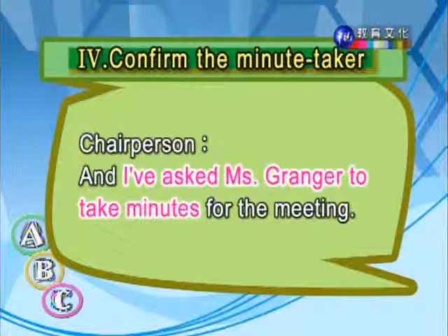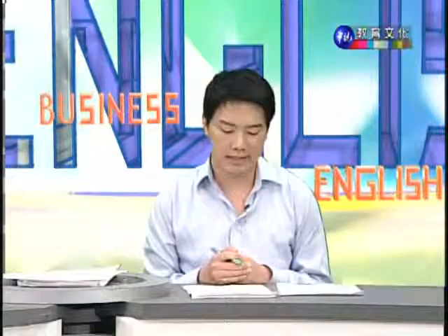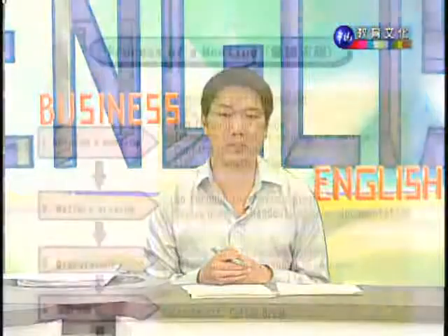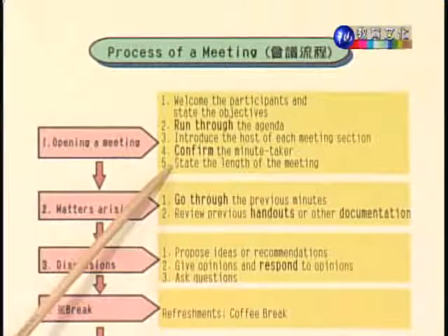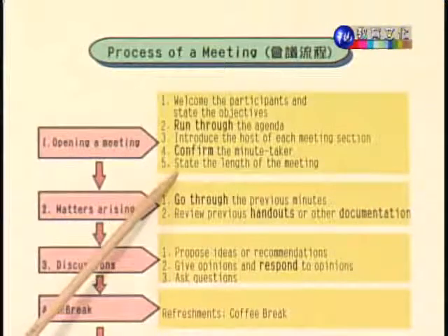这边我们可以看到，主席说，我已经要求 Miss Granger to take minutes，帮我们记会议的记录 for the meeting。在下面一个步骤，要确定这个会议的长度大概要多久。在 state the length of the meeting 的部分，主席要确认我们要有多久的时间把这个会议结束掉。我们请 Barry 老师帮我们念一下这边的例句。